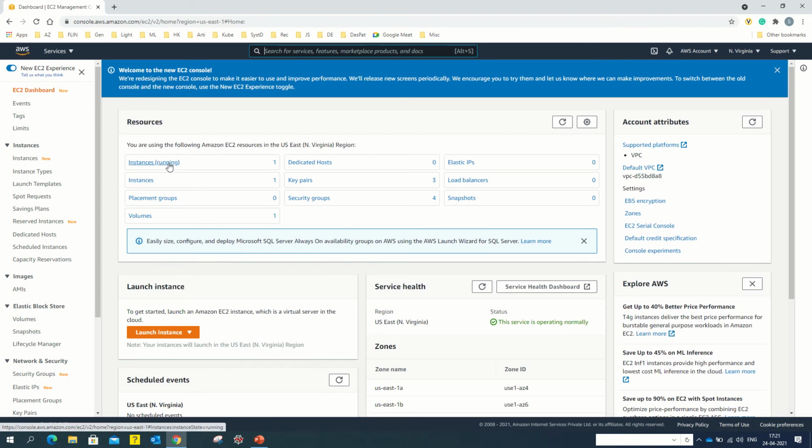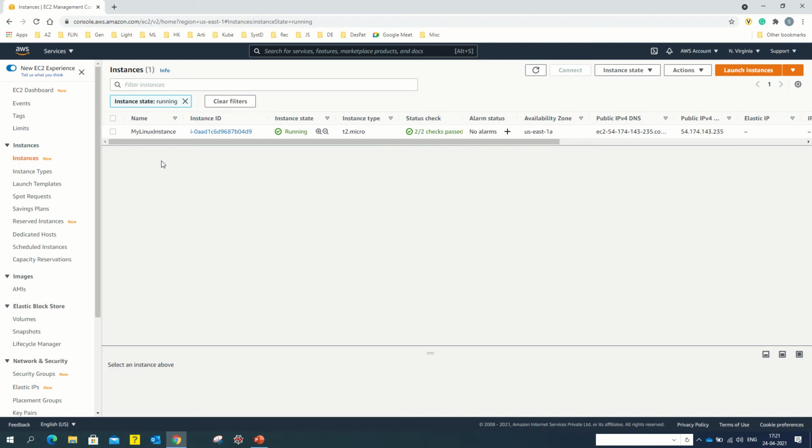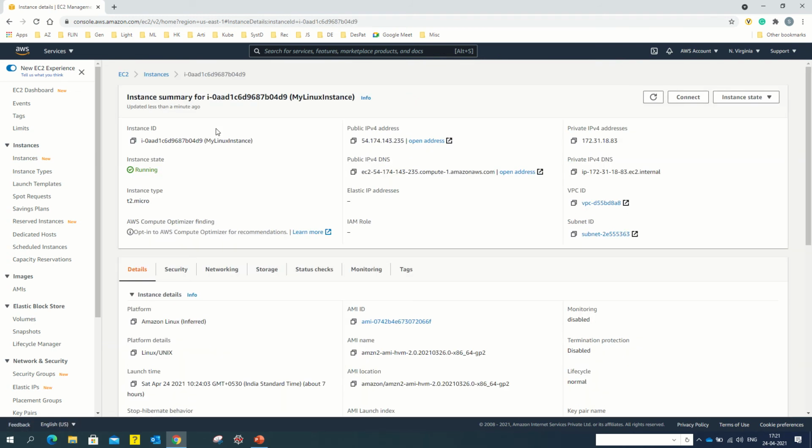As you can see, I have one EC2 instance running at this point in time. If I click on the instance ID, I should be able to see there is a public IPv4 address, and similarly there is also a private IPv4 address. There is no elastic IP address at this point, but we can associate one. That is what we are going to do in this lab.